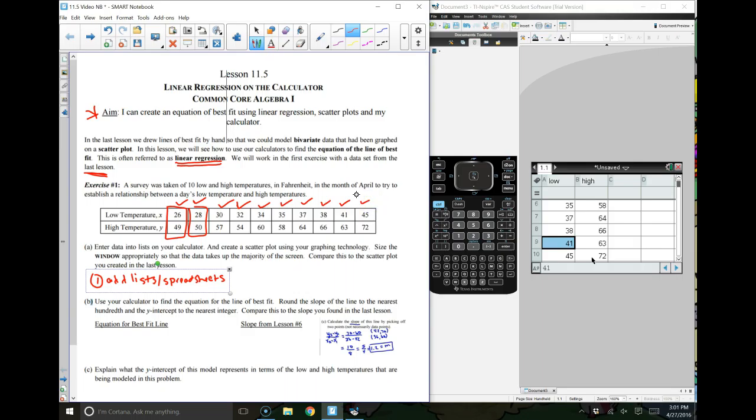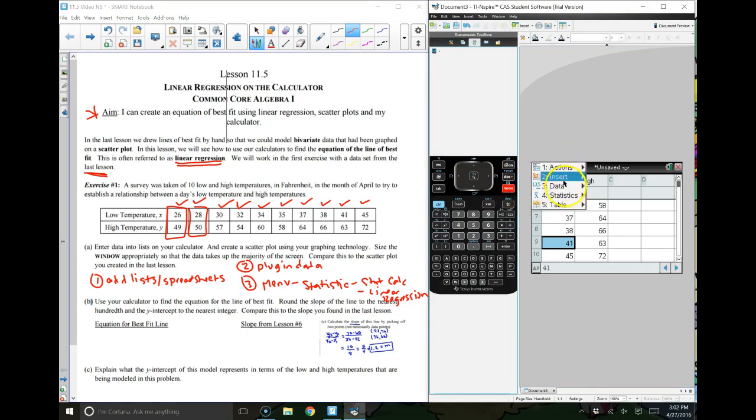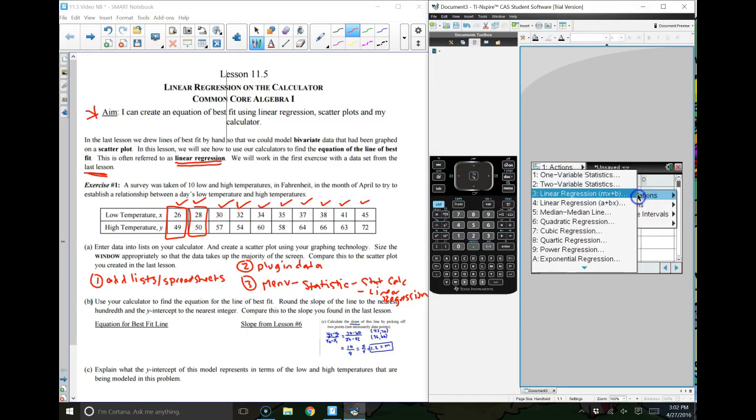Okay? That's my first step. Okay, so I'll put that in here, is that you plug in the data. Your third step now, and I'm going to write this here, you're going to hit Menu. Then you're going to hit Statistics, and then Stat Calculations, and then Linear Regression. So on my calculator now I'm going to go to Menu, I'm going to go to Statistics, Stat Calculations,